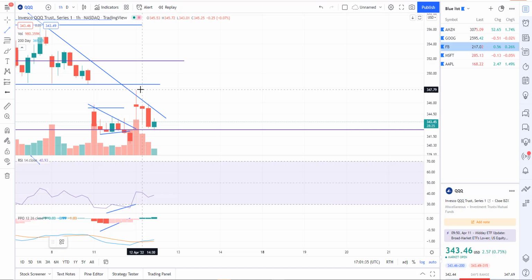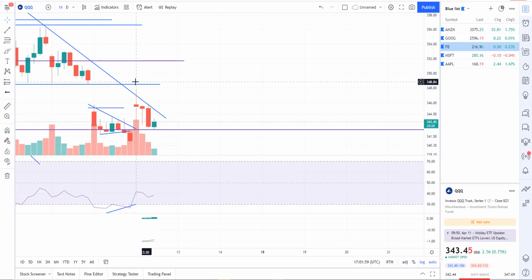The seller stepped in early, which to me shows that this market is weak. When you have sellers looking to sell any little rally and not even letting it fill the gap, and they start selling, that's weak. So there it is. For all intents and purposes, that's a gap fill. We got within 70 cents, and on a $340 instrument, that's basically a gap fill. So that was that.